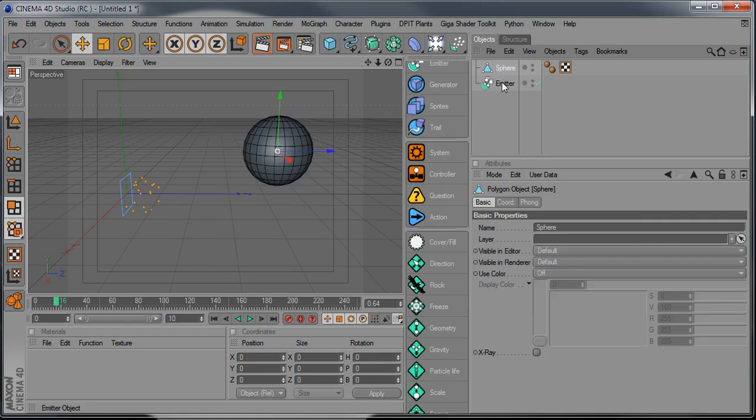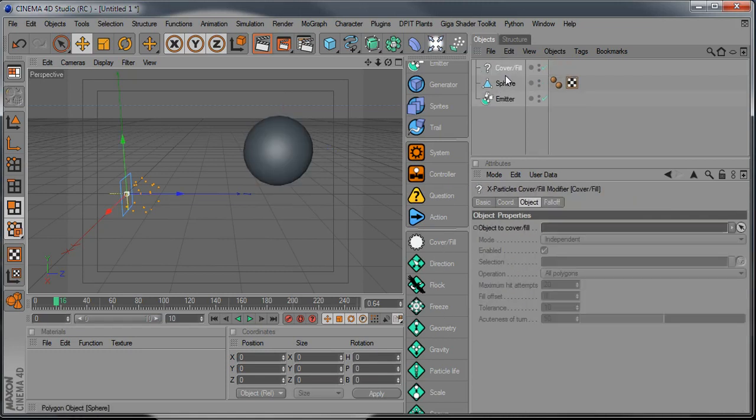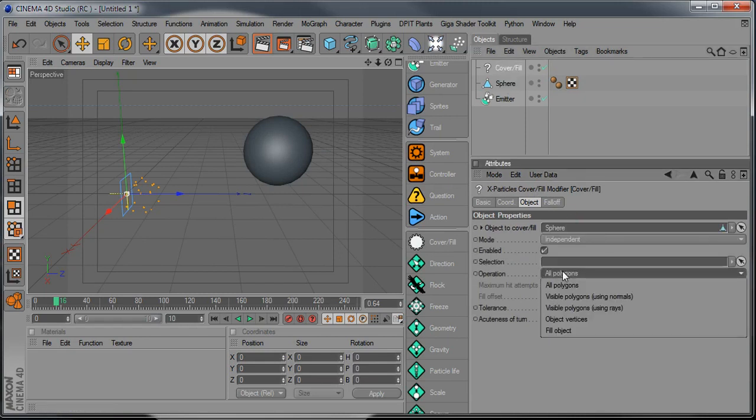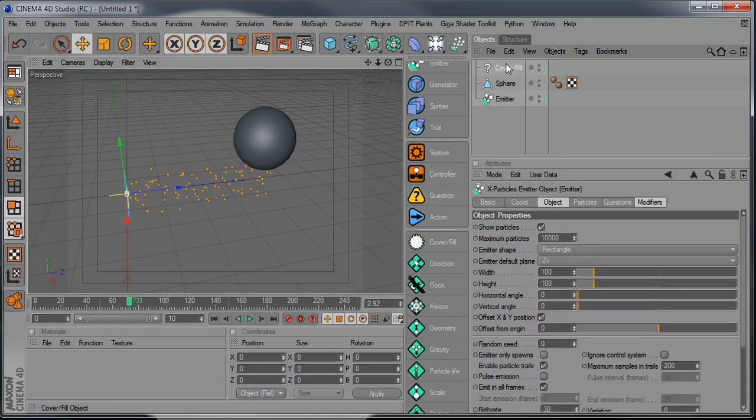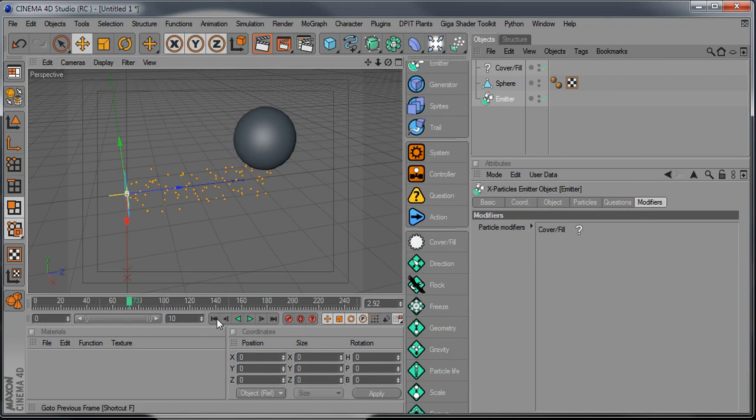and make this polygon, and then we're going to use the cover fill and object to cover fill sphere, and you can use all polygons visible, so visible to the direction of your particles, using rays or normals. You can use the vertices, which if you have an animated object or deforming object you want to use that, or fill object, which will fill the volume of the object. Let's just stick with this one, and our particles, which I haven't put the modifier in the list so they don't know what they're doing, should cover now our sphere,